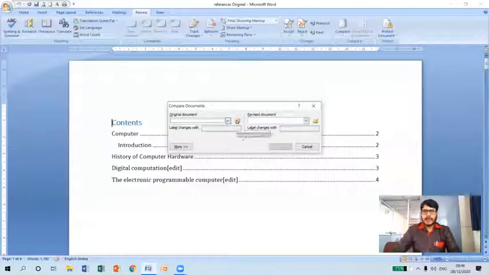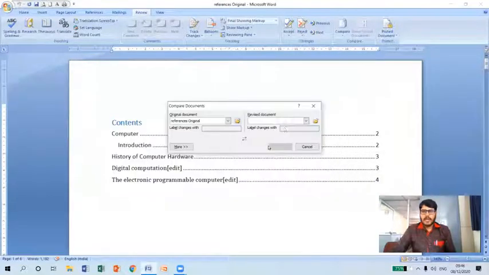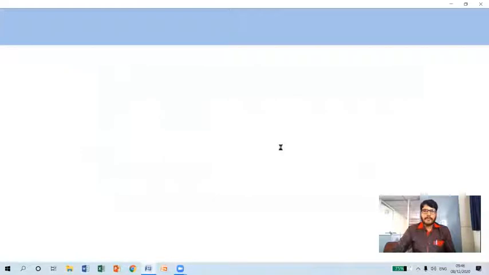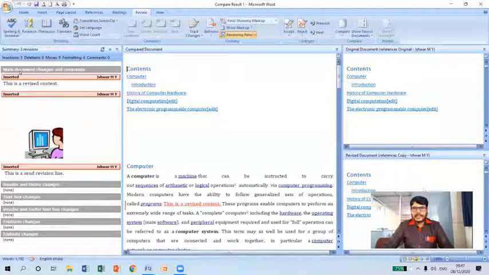Again, select the original document and revised document here. Once again, let me select the original first. And here, let me select the revision copy, that is references copy. And after this, click OK. Now you can see my Word document is showing the contents here along with the track changes, so whatever changes have been made. Okay, so you can see here this portion